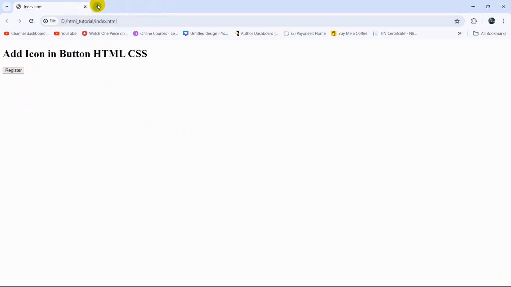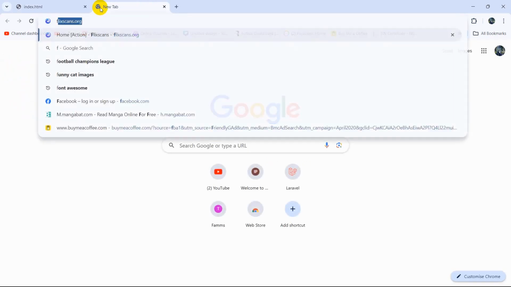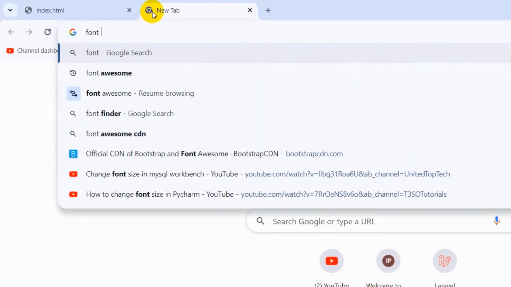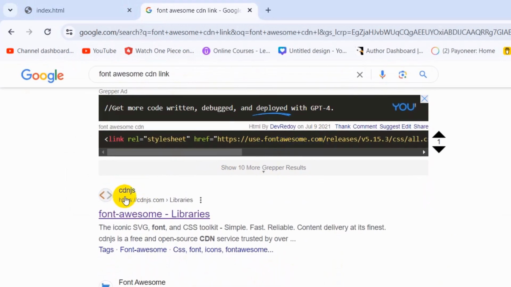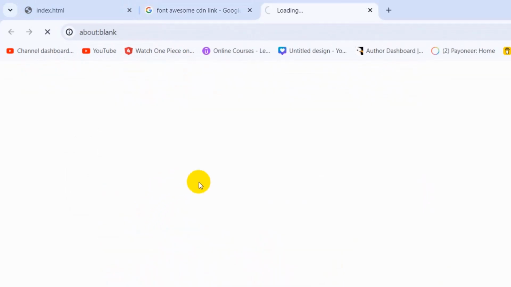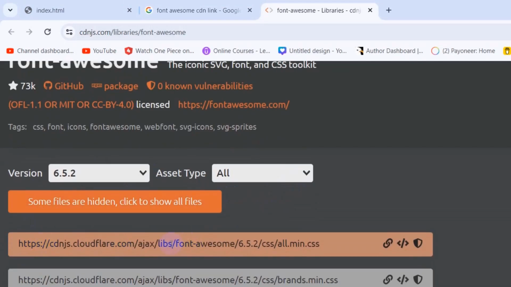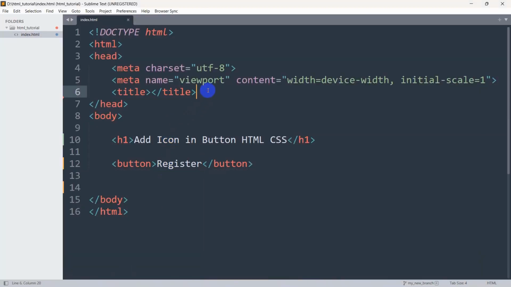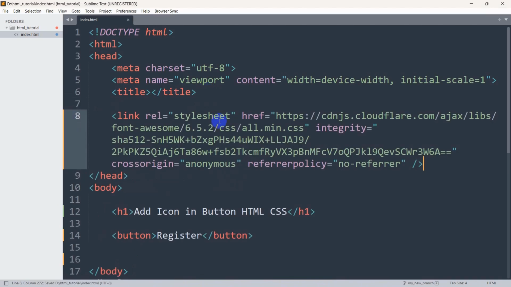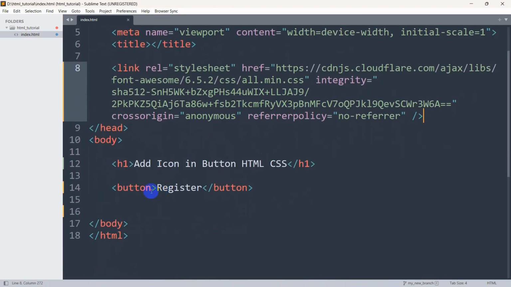So in order to add the icon, first of all, we need to search in the search bar font awesome CDN link. Then press enter. Then you need to go to this link, cdnjs.com. So we'll go here. Then we need to copy the first link. So I'll just click on this middle option and it will be copied. Or you can also copy it like this as well. So after copying this, you need to go back to your code and in the head section, you need to paste it. After that, since we added the font awesome CDN link, we'll be able to use font awesome icons